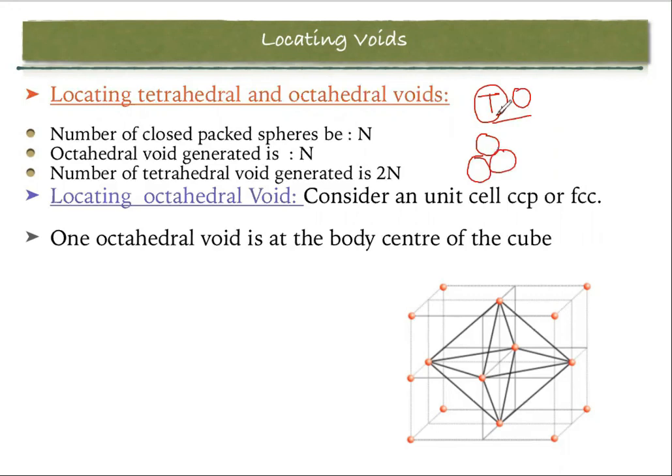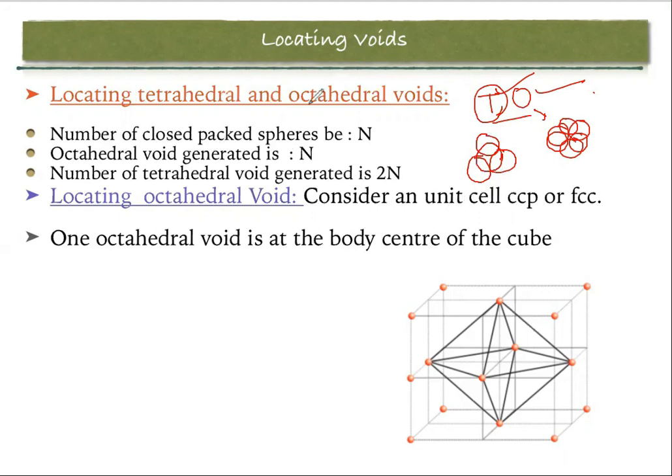How will a tetrahedral void form? A tetrahedral void forms by arranging 4 atoms, whereas an octahedral void forms by arranging 6 atoms. This arrangement we have already discussed. Now, a bigger question is, where are the tetrahedral and octahedral voids present in a cubic lattice system, CCP or FCC? To consider this, we must consider the crystal system.